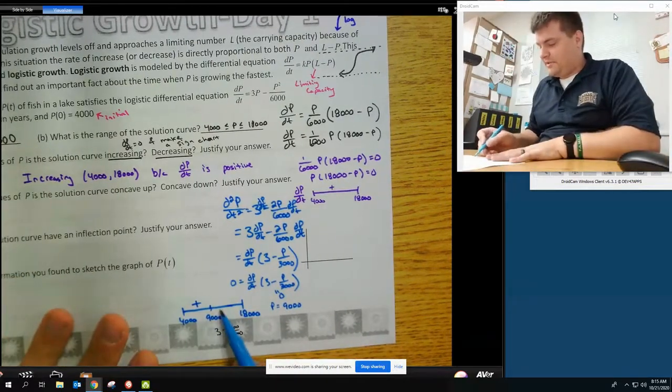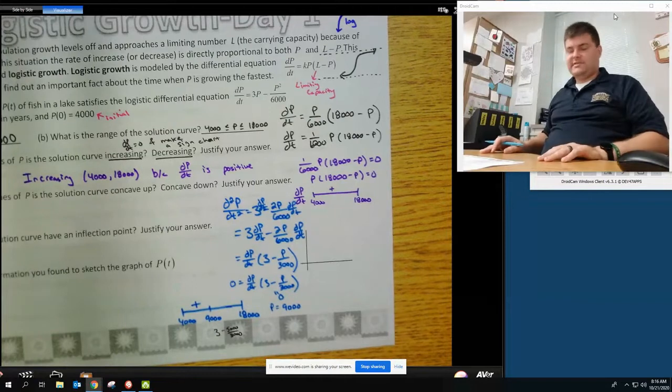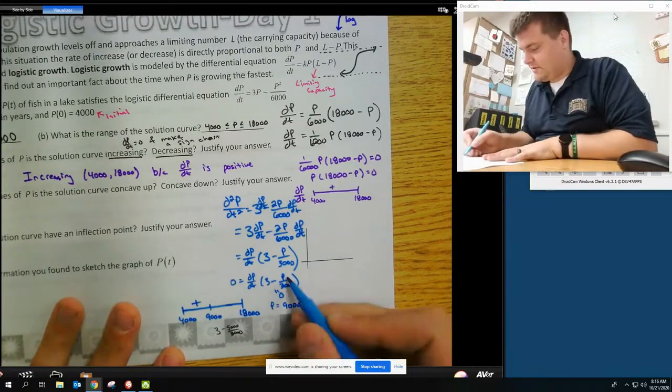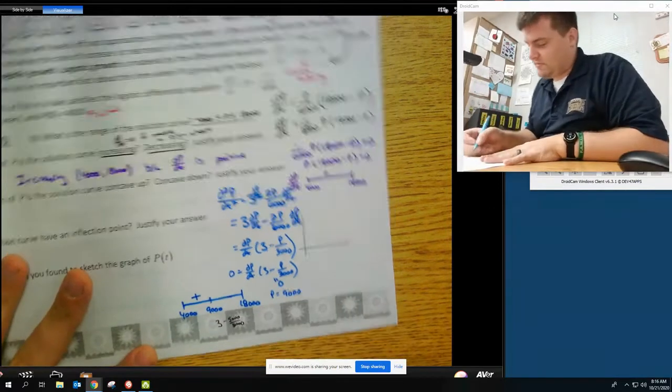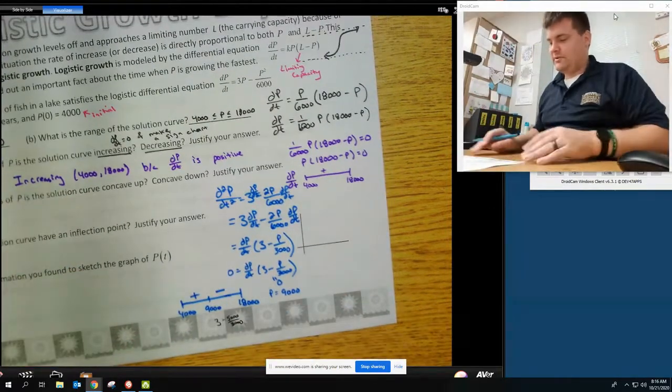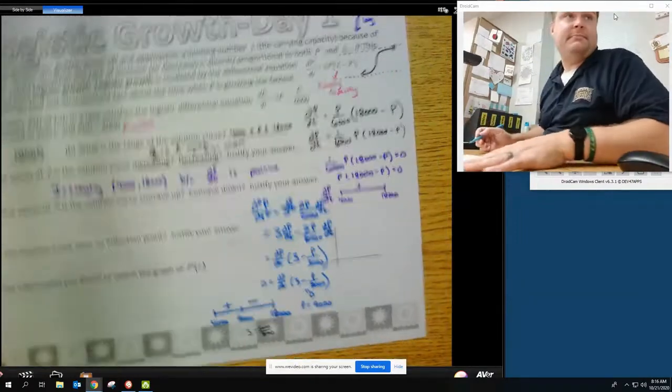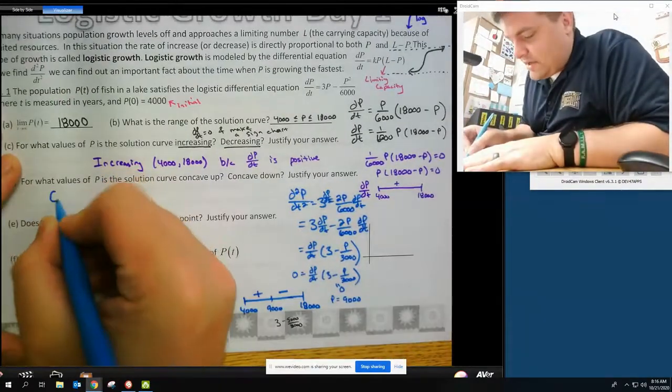And then plug in a number that's bigger than 9,000, like 10,000. So if you plug in a 10,000, you're going to get 3 minus a number bigger than 3, which is negative. dPdt is always positive, so you're going to get negative right there. So here we go. So when is this concave up? So it's concave up